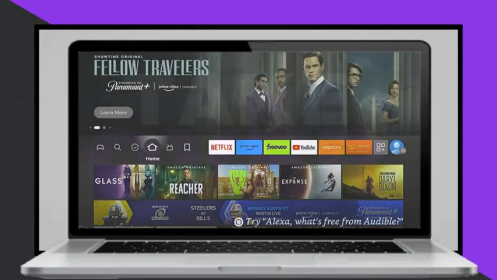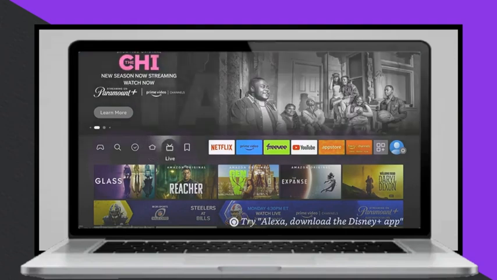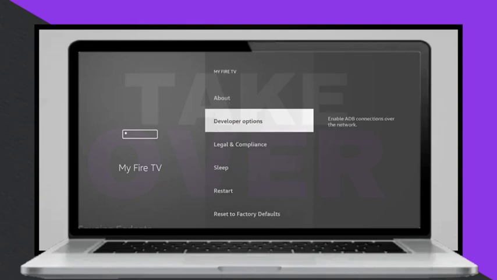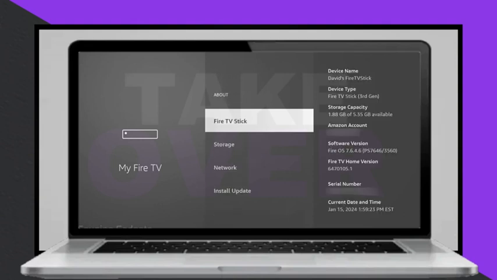Next, select Developer Options, which can be found just below the About option. If you don't see Developer Options, you'll need to enable it by selecting About, then choosing your Fire TV stick model. It may be listed as Fire TV Stick, Fire TV Stick Lite, or Fire TV Stick 4K, and selecting it 7 times. Once Developer Options are enabled, select the Back button, return to Developer Options, and choose Install Unknown